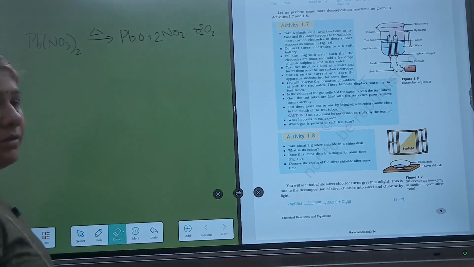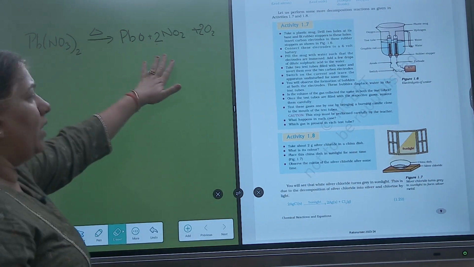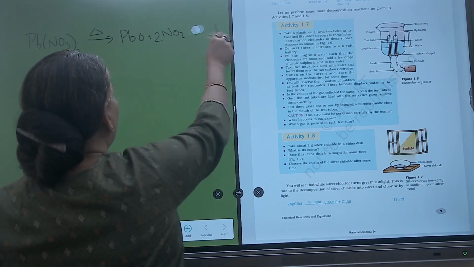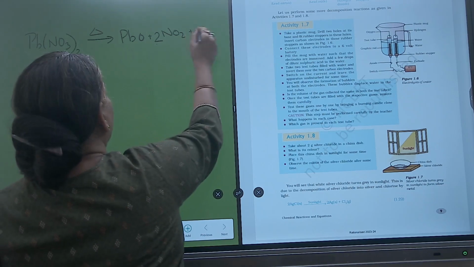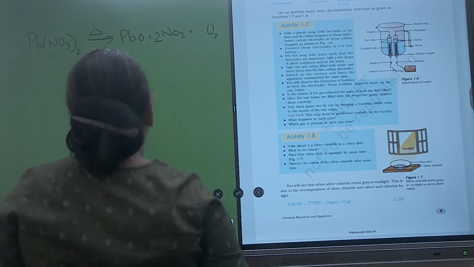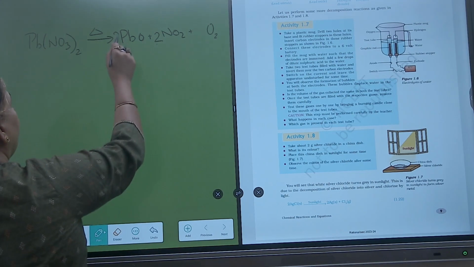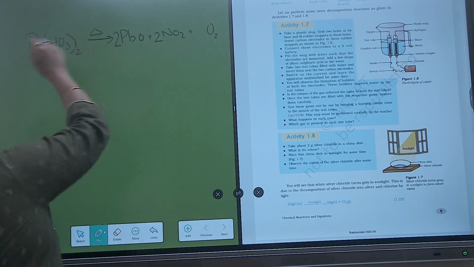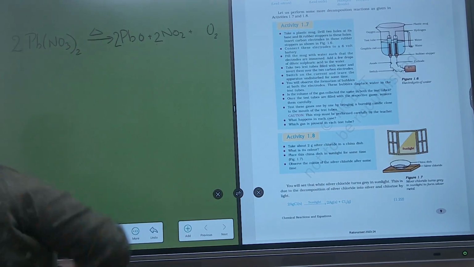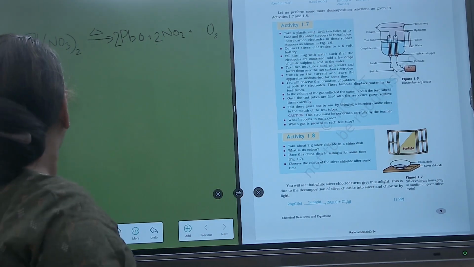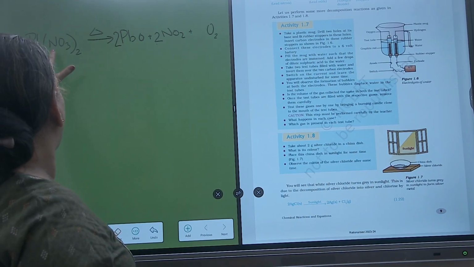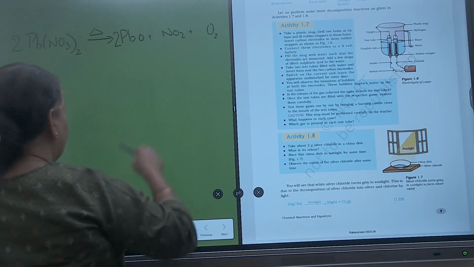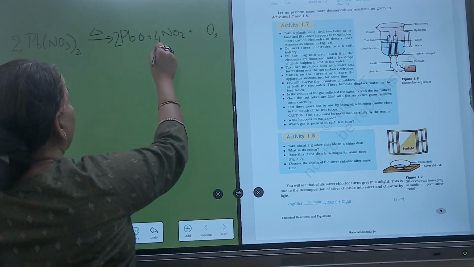Again it is unbalanced because here there are 6 and on RHS we are getting 9 atoms. So what we can do is put 2 here and let's see. The moment we put 2 here, lead becomes unbalanced. So we'll again have to balance lead by putting 2 on the LHS side. Now we have 2 2s of 4 nitrogen atom. So again we have to make change here by writing 4 nitrogen atoms.